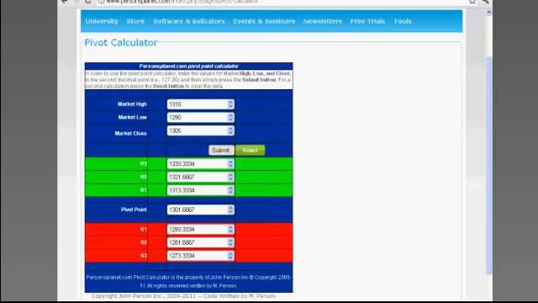What do you do? One of the things you can use this calculator for is to take an average of not just one day but 2, 3 or 4 days, rather than looking at the weekly. If you took the average of the high, the low, and the close combined for 2 days, you can get what we call a 2-day pivot point. So if you took Monday's combined high-low-close and Tuesday's, and averaged those up, taking the highs, the lows, and the closes,